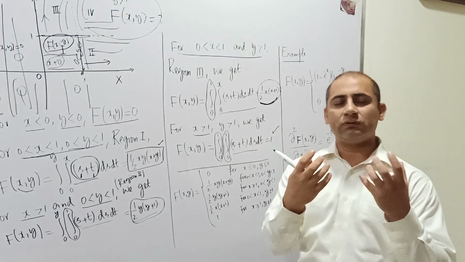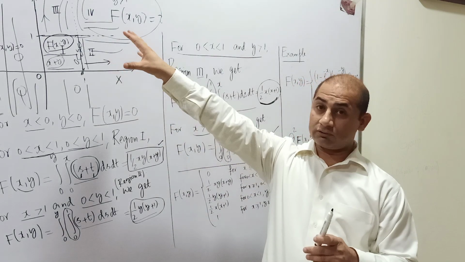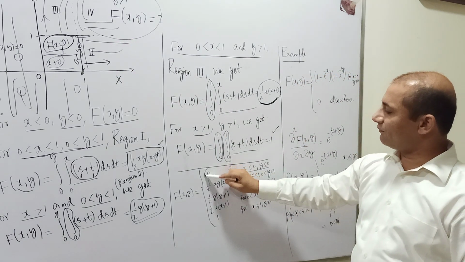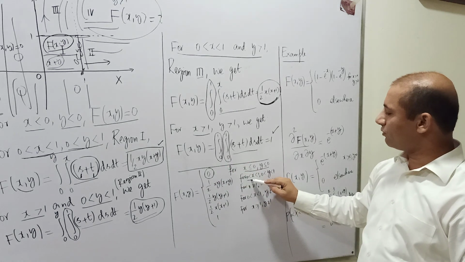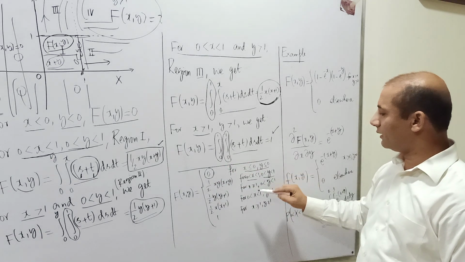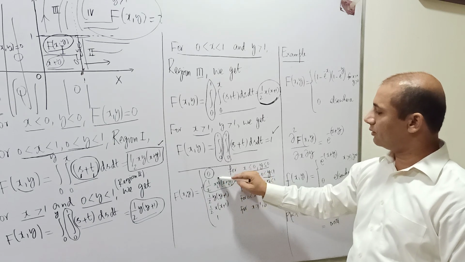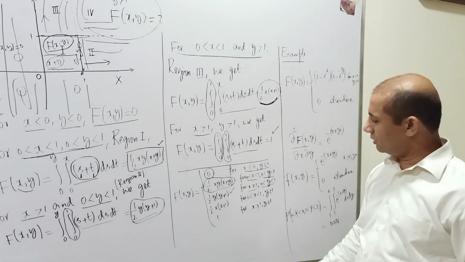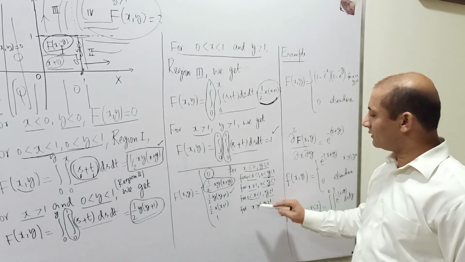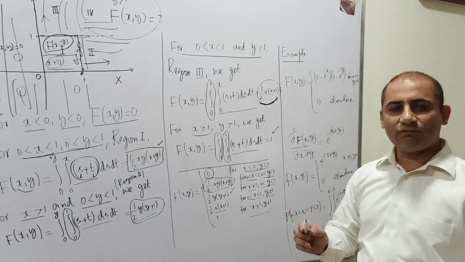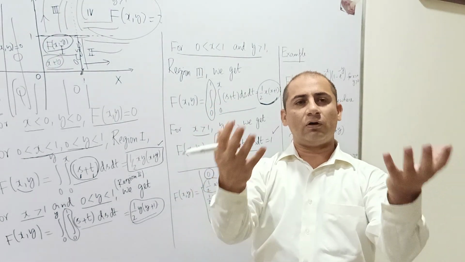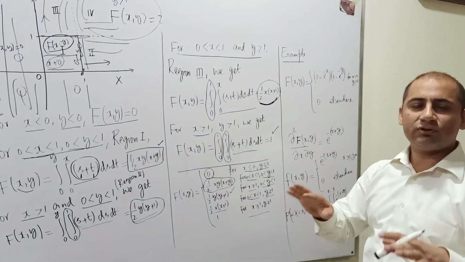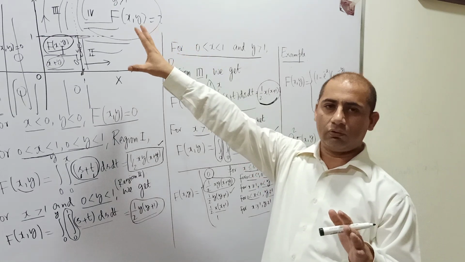Now we will be noting down that we have f of xy for the whole R2 now. Now when x is negative, y is negative, this f of xy is 0. When x is from 0 to 1 and y is from 0 to 1, we have this expression. When x is greater than 1 and y is from 0 to 1, we have this expression. When x is from 0 to 1 and y is greater than 1, we have this expression. And when x and y both are greater than or equal to 1, we have accumulated all the probabilities. So then over there we will be having f of x y equals to 1. So that means we have defined this f of x y for the whole R2 now.